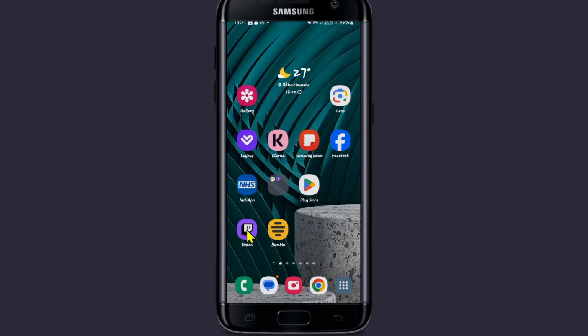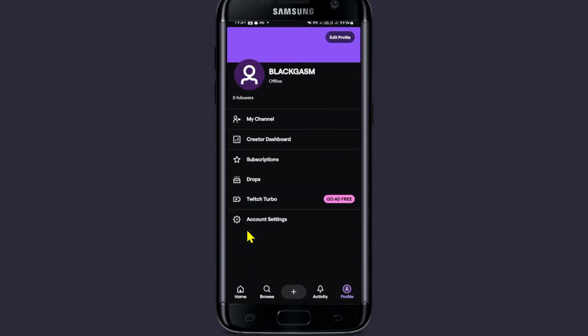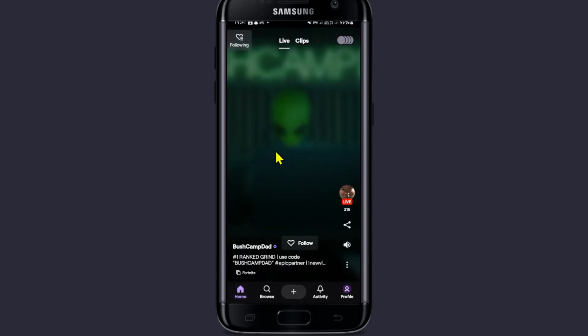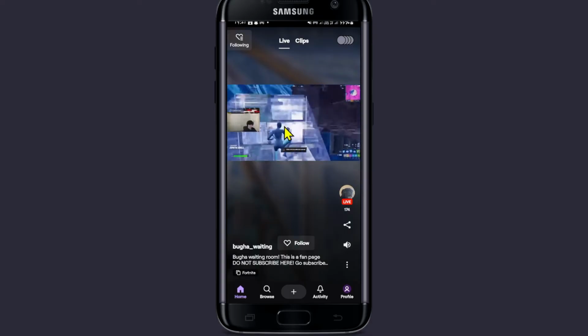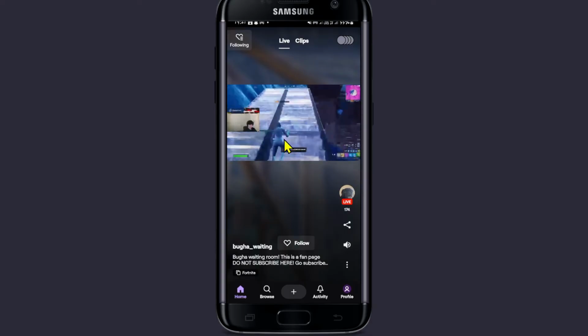First of all, open up the Twitch app on your device. And once you open it up, if you haven't logged into your account already, proceed forward with your email address and your password. And once you are logged in, you will immediately be able to start watching various different live